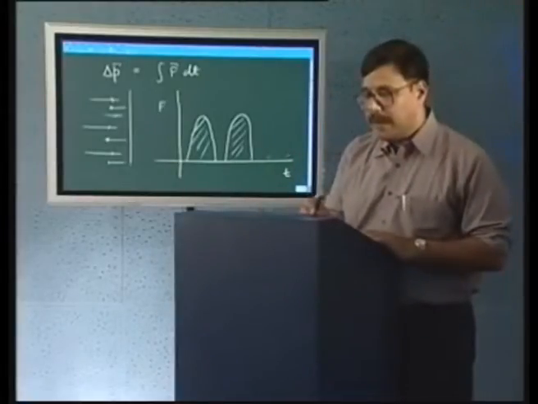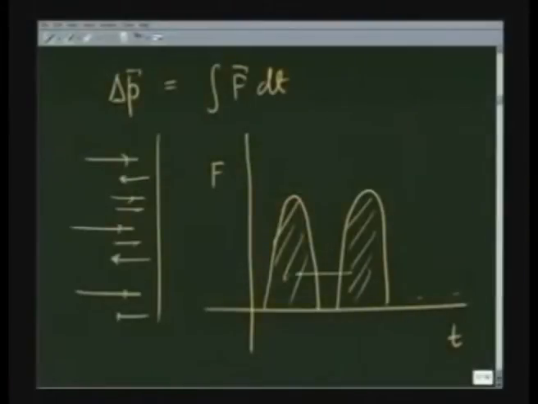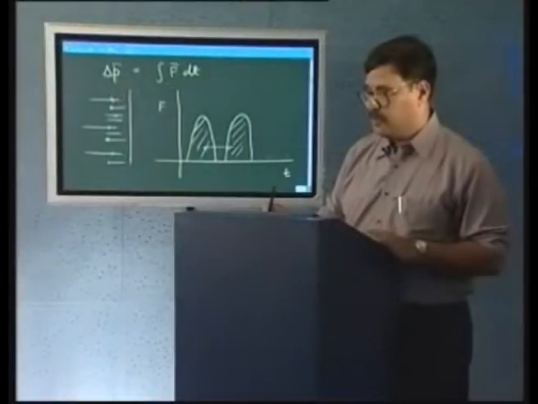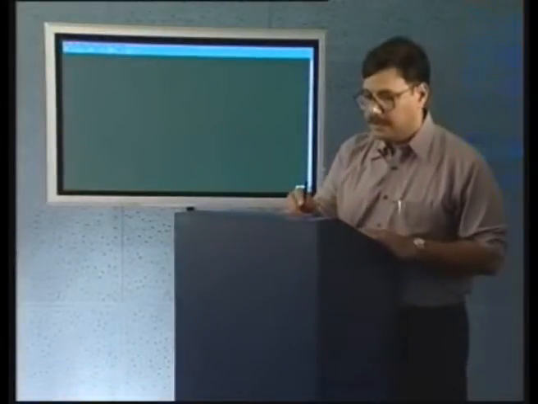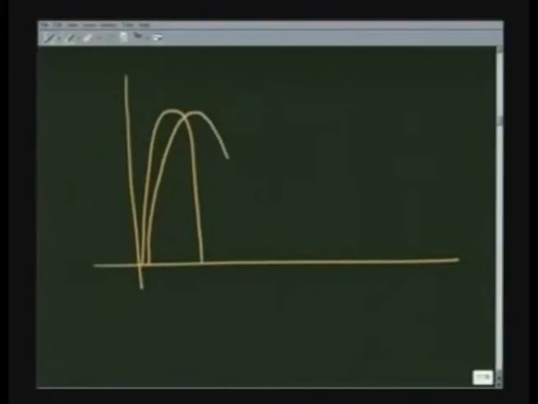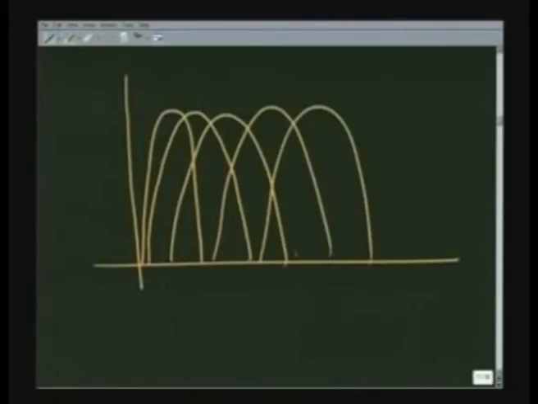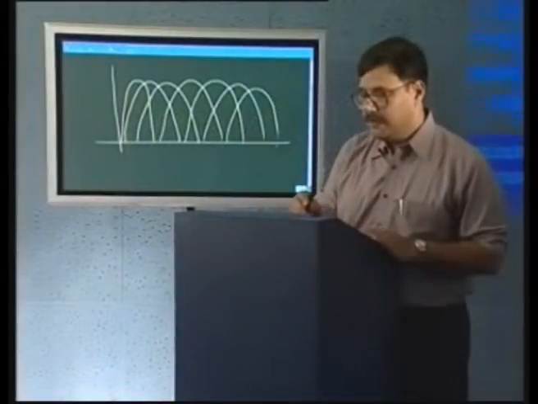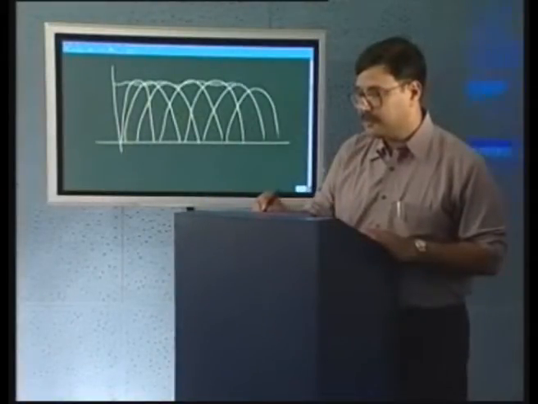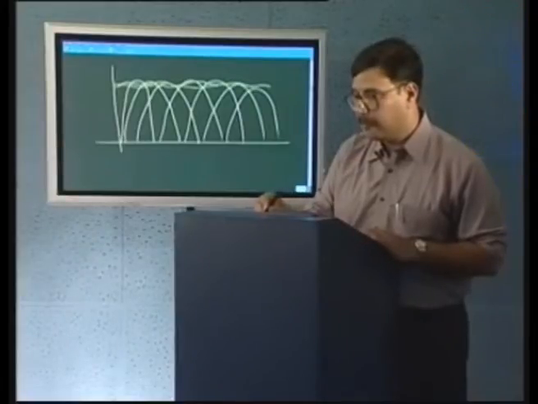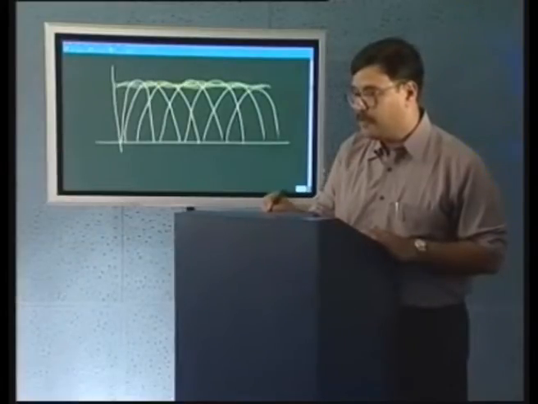I make this process more rapid now, so that these curves start overlapping. In that case, what I would observe is that one ball hits, gives this curve. The next ball hits the wall even before the first ball has come back. Third ball hits again, fourth ball hits again, fifth ball hits again, and so on, randomly. So, the net force may be somewhat like this. Let me make it slightly thicker,